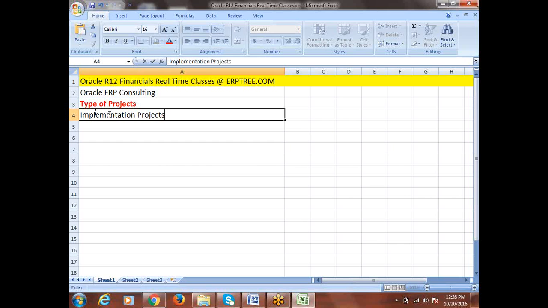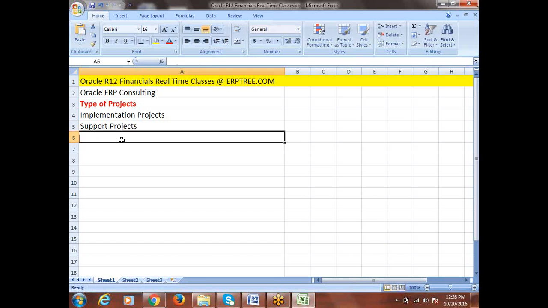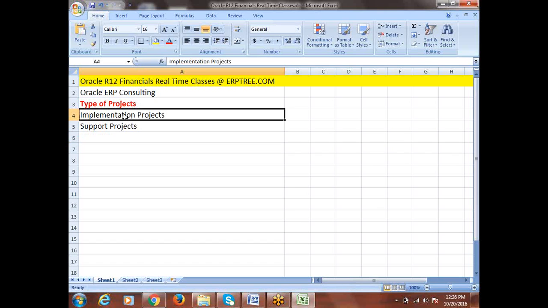Here the complete process we'll discuss, if you are going to do the implementation for any company, what is the process involved, at a very detailed level. So we'll learn how implementation projects can be carried out and how support projects work, what the supporting process would be, and how the process can be handled. Again, within this we have some sub-classifications that we'll discuss when we get into the actual discussions.